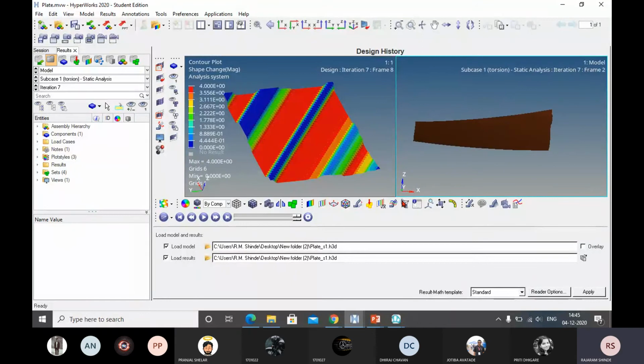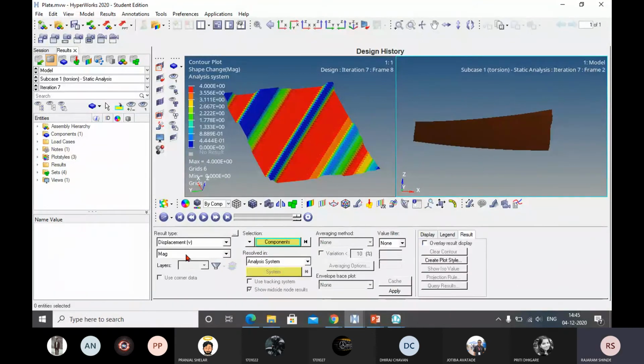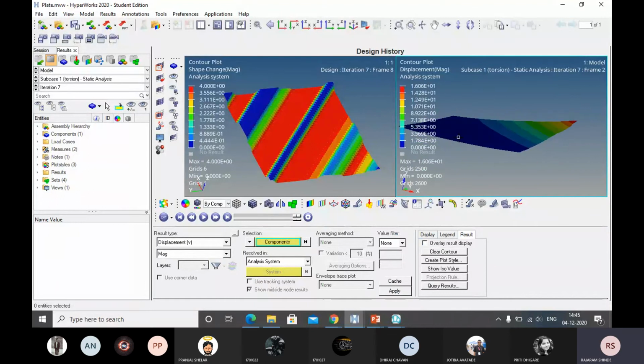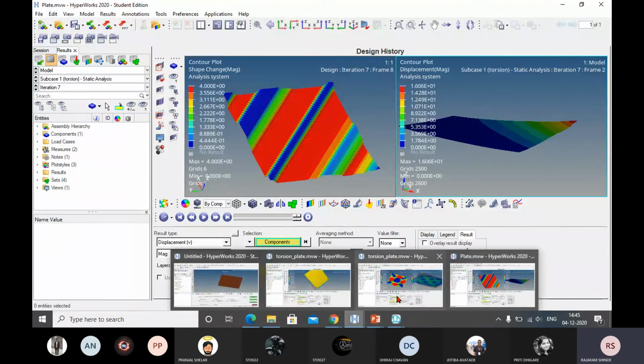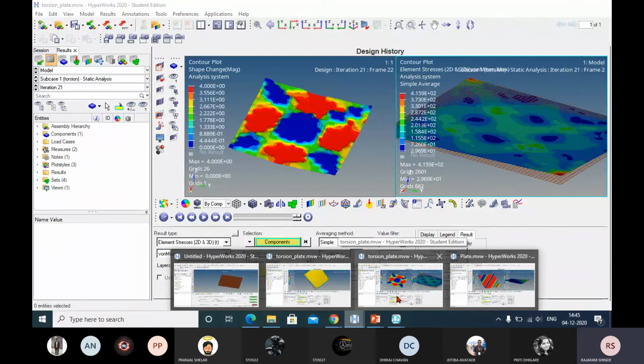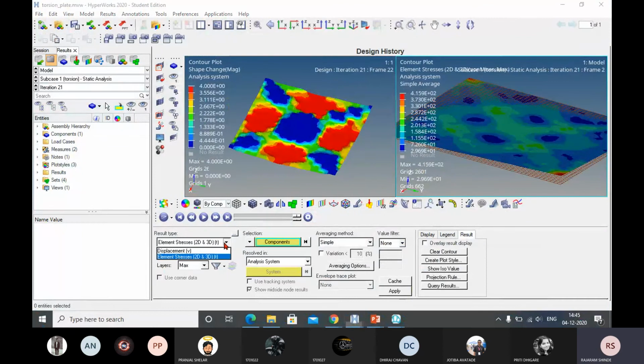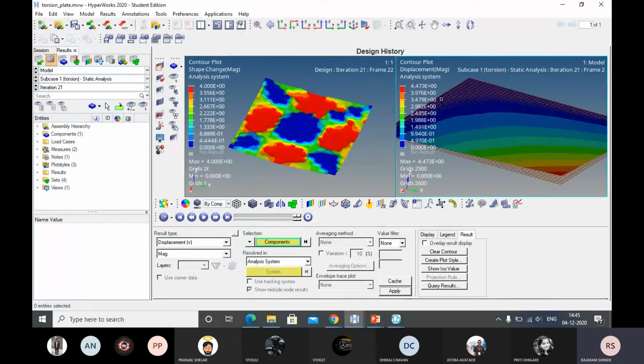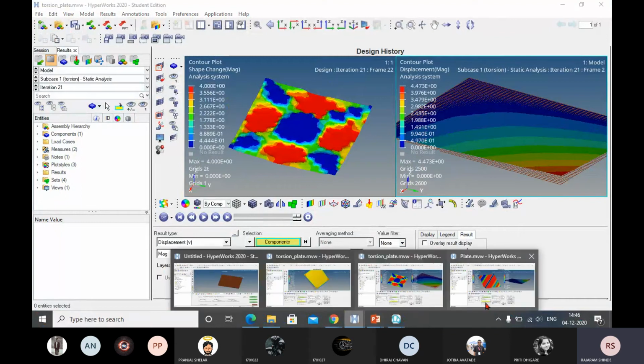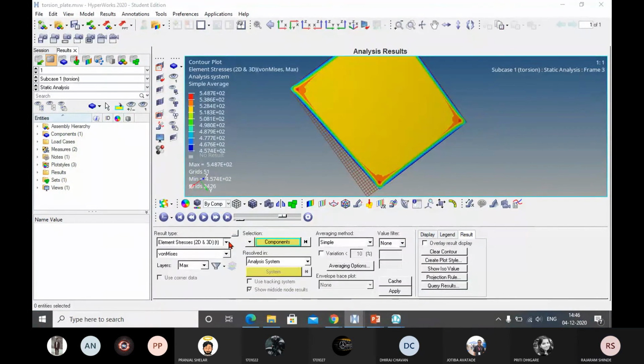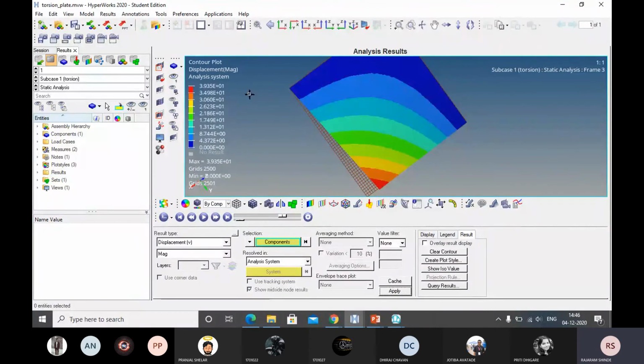Now I will go to displacement and apply. You can see here it is 16 millimeter displacement. It is more as compared to this shape. Here it is 4, it is a stress. I will make it all displacement, apply. It is 4 point something. In the first case, if I select displacement, apply, it is 39 millimeter.